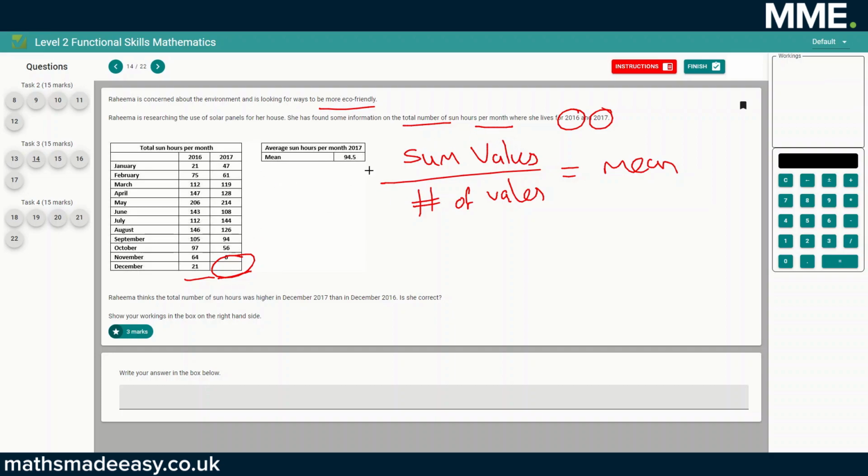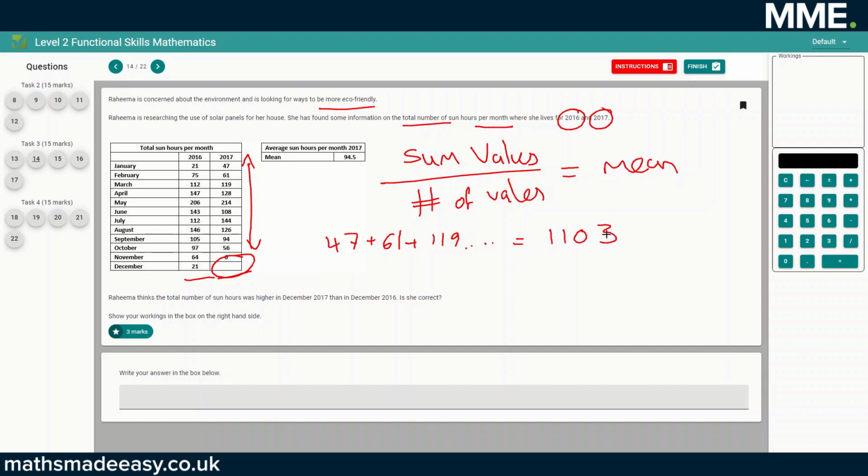What we are given is the number of values and the mean, and we have to rearrange it to work out the missing value on the numerator here. So what we want to first of all do is add the data points that we do have together. So that would simply be adding 47 plus 61 plus 119, and keep going down this list, adding them all together until we find that value on the calculator as